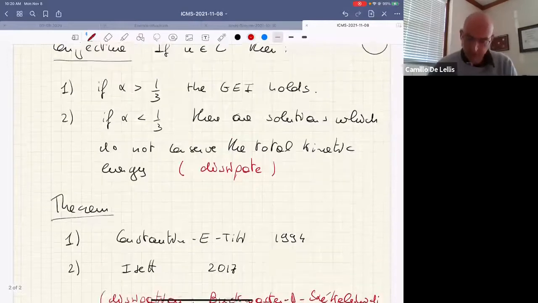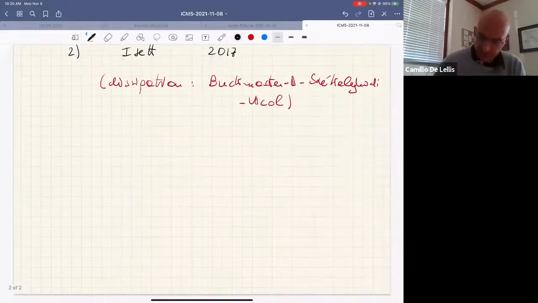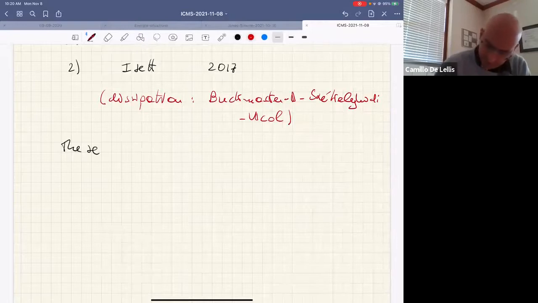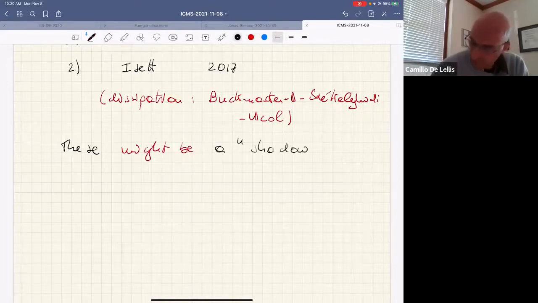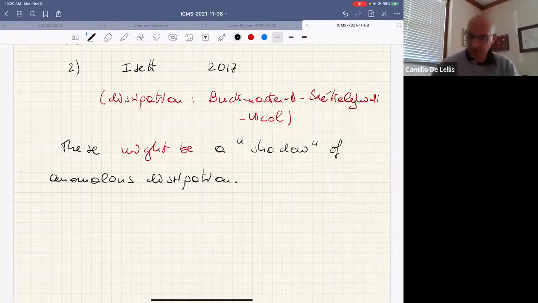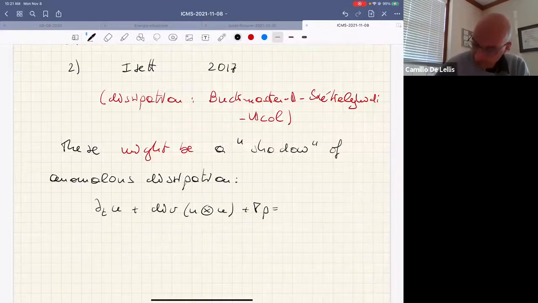Okay, so why actually Sagar was interested in this, and what is one of the possible motivations for studying these strange solutions, is that they are in a sense a shadow of the so-called anomalous dissipation in the theory of fully developed turbulence, which postulates, so this is a postulate of the classical theory of Kolmogorov, that if you have a typical solution of Navier-Stokes in which your dissipation is, however, very small,